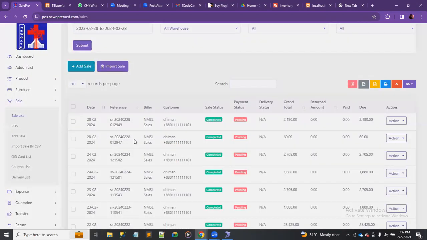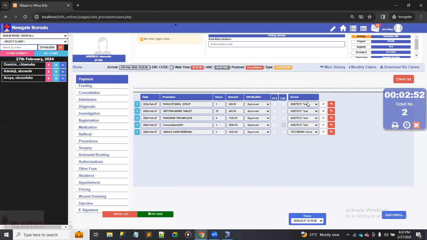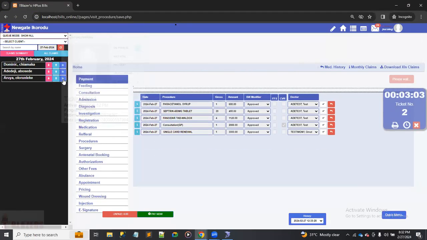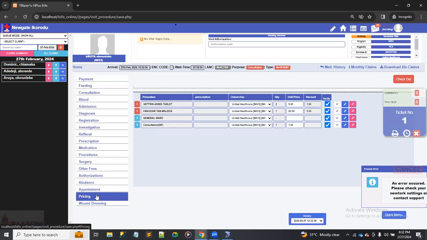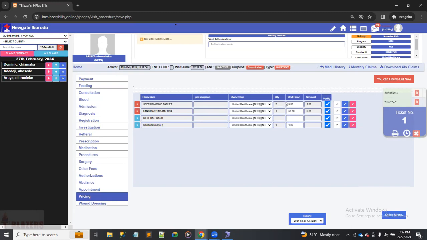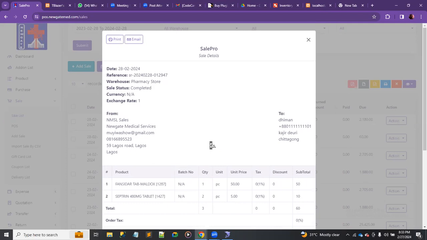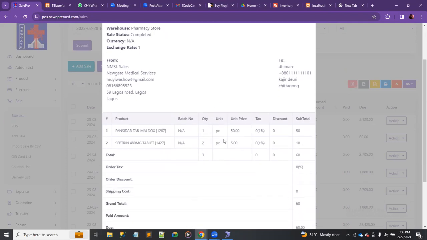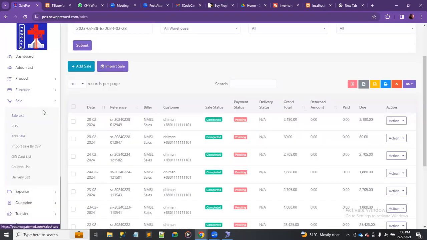If we take a look at the second transaction, the name here is Aruya Olorunleke. So let me check out of this and check this in. Okay, so here we have Septrin and Fansida also, 2 and 1. So that's what we have here as well. So this particular quantity has impacted the database over here on the sales app, and will automatically affect the